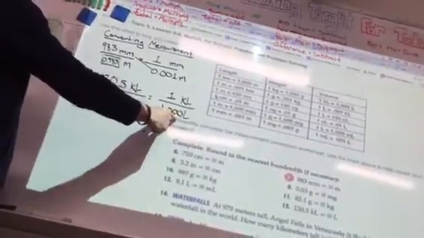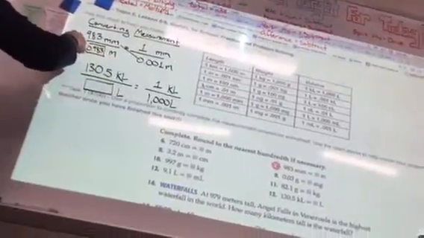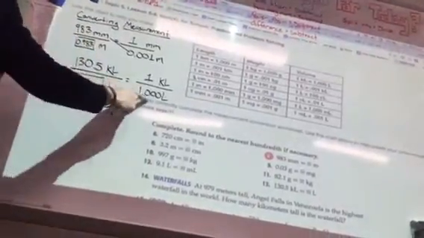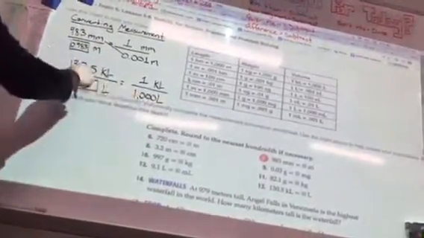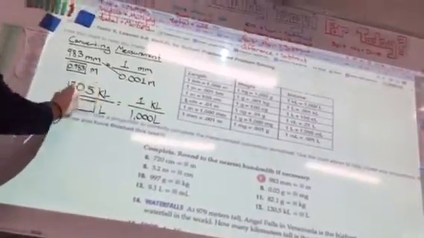But when doing this, when I multiply by 1,000, I just count zeros. How many zeros do I have? 3. This is 1,000, right? What was this? 1 what? 1,000th. How many places back did I move my decimal? 3. So I'm going to multiply by 1,000. How many places forward am I going to move my decimal? 3. So it's going to be